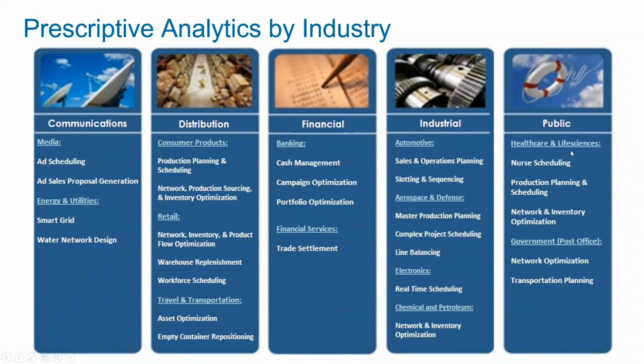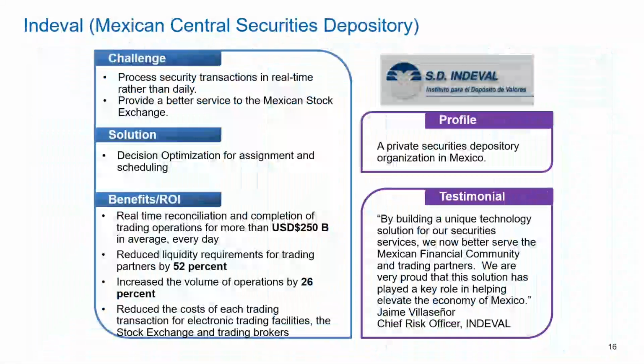And again, you have in public, like nurse scheduling, production planning, network and inventory optimization, and government, again, network and transportation planning. So you see there are hundreds of applications and opportunities for large or small companies to start doing some optimization. So again, I'll give you some